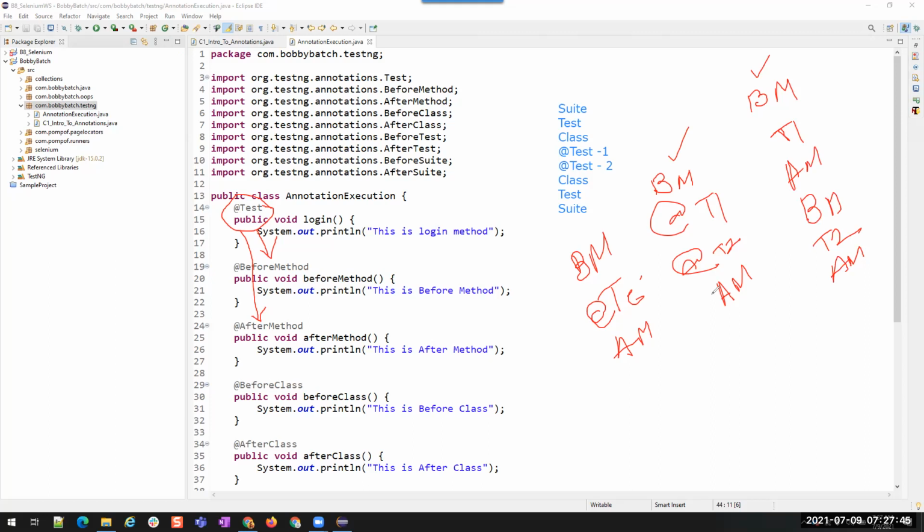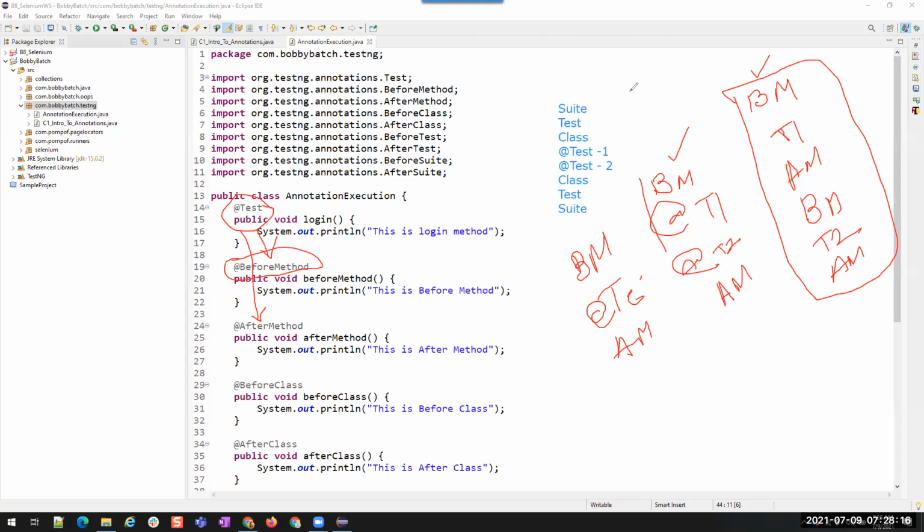I think the second one, no? This one? No, another one. This one. Yeah. So this is the correct one, because the @BeforeMethod annotation means it executes before each @Test, right? So if we have two @Test methods, then before starting each of these methods, it will execute this before method and after method. Understand?